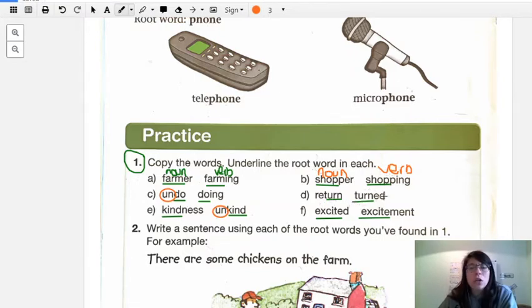Return and turned are not the same. When I return, I go back. And when she turned is to go in another direction. So when you return, you go back. So you do something again. When they say redo the exercise, you have to do it again. When you return, it means you have to turn again, turn back, basically. And turned